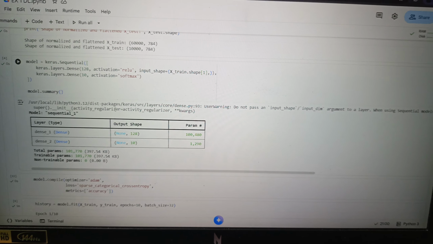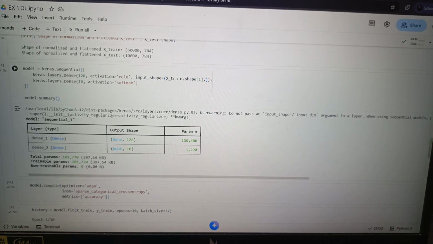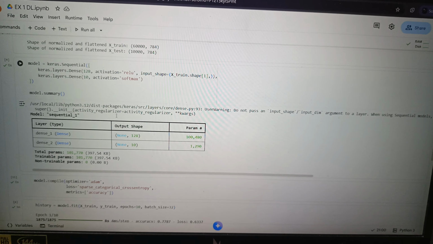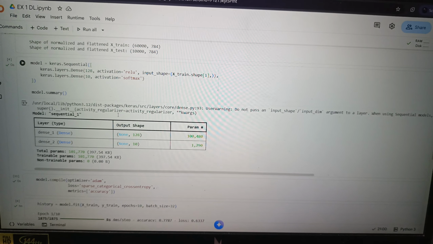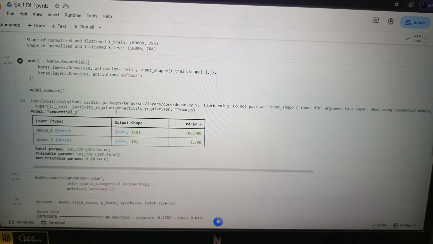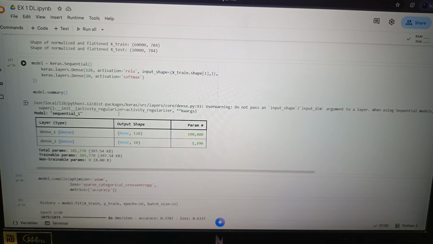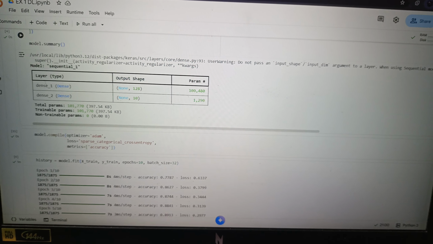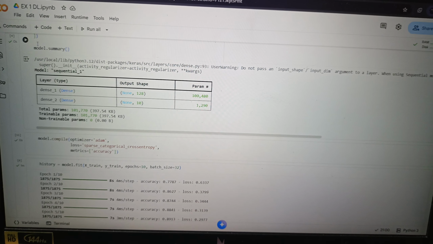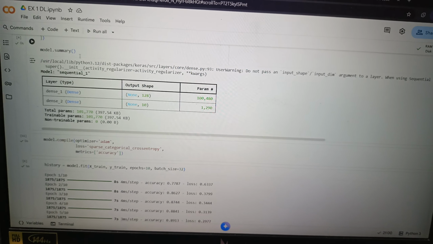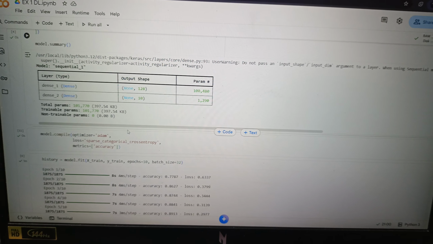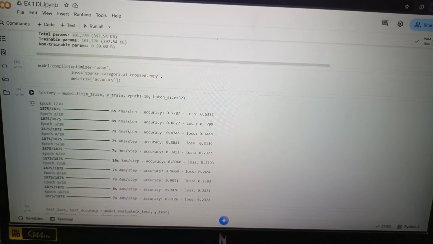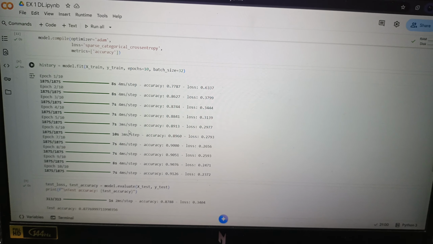Next is to build a neural network which consists of two dense layers. The one uses activation function ReLU and another uses softmax function. Model.summary gives us the total number of parameters, including trainable parameters and the non-trainable parameters, and then compiling our model using optimizer Adam,